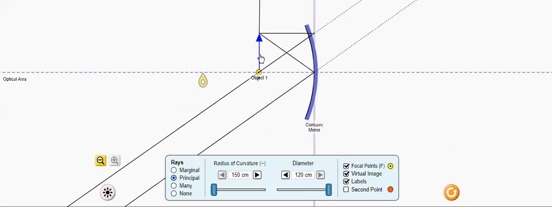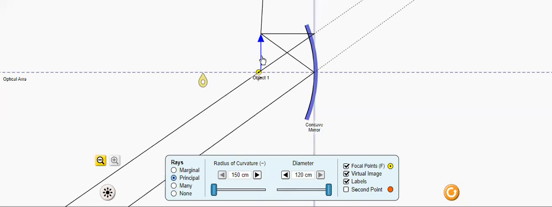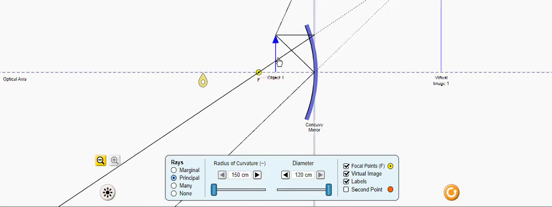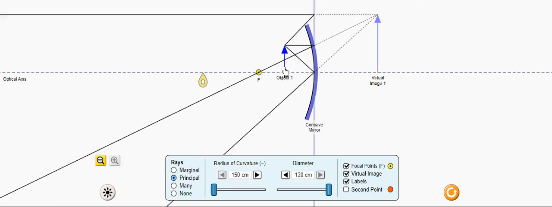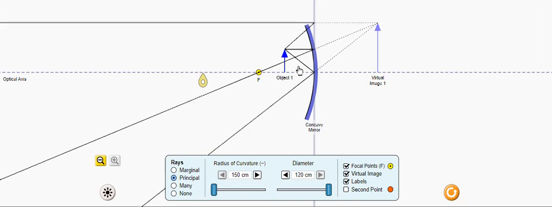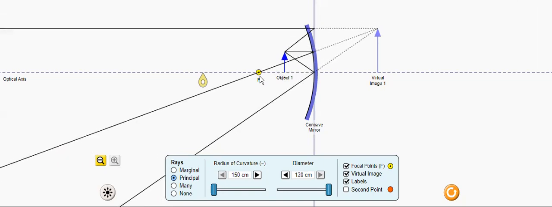Now change the position of the object as the object is moving towards the mirror. It means between focus and pole. So you can see here, as object is moving towards the mirror, the image is not forming in front of the mirror now. Image is formed behind the mirror by extending the light rays. You can see this is the object which is placed between focus and this point, which is nothing but pole. So image is formed by extending the light rays. That type of image is a virtual image and the image is formed above the principal axis. So it is upright,